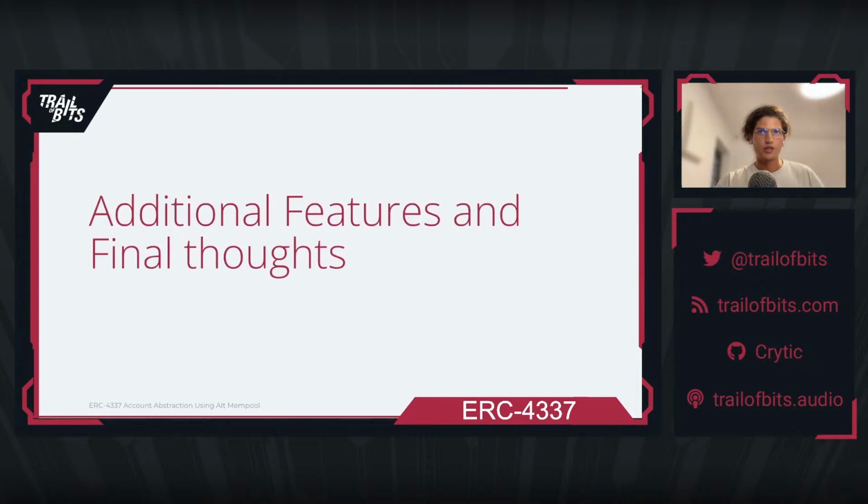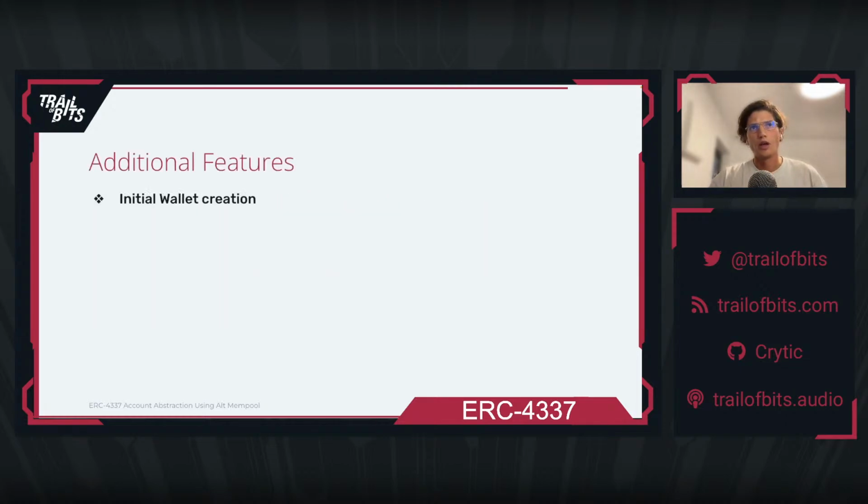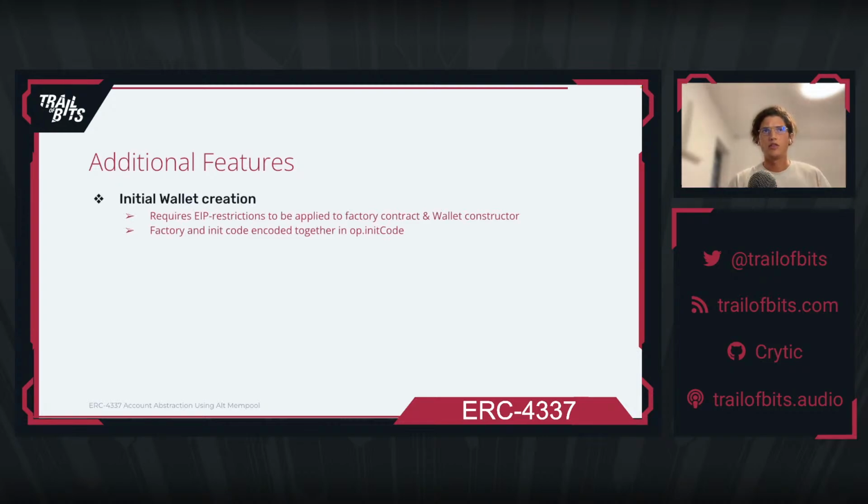So I'll go into some additional features and final thoughts here. I talked about the initial wallet creation. The op.initCode contains the factory address and the init code to be executed. And because the factory address is another entity in the system, which many user ops could also specify, the factory could invalidate many user operations. So that's why we need similar EIP restrictions to be applied to the factory,